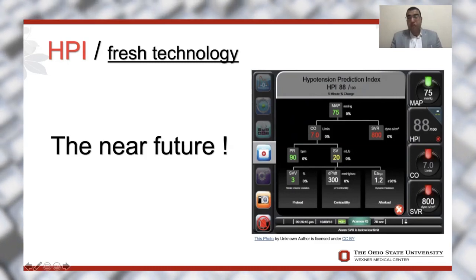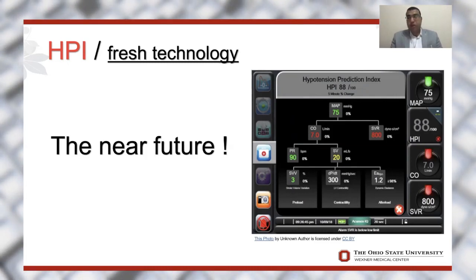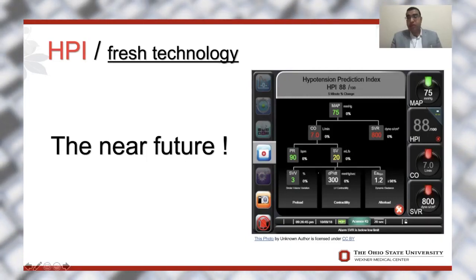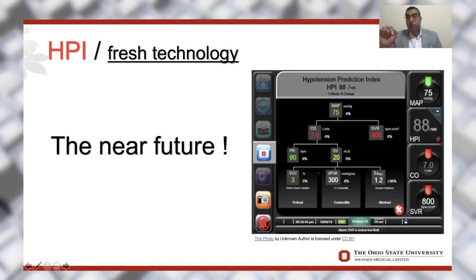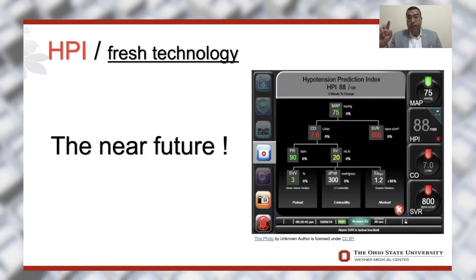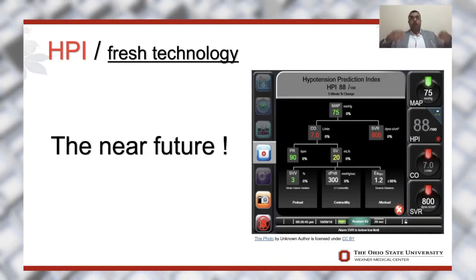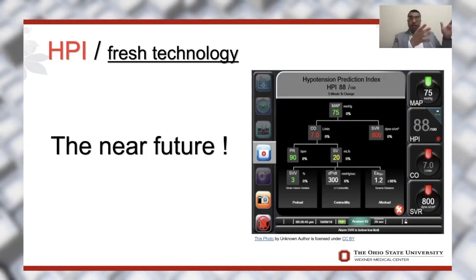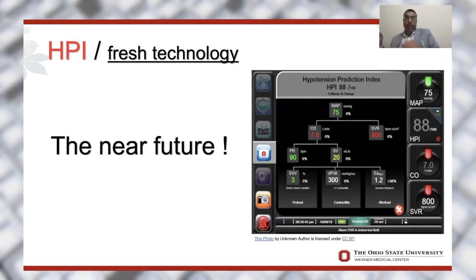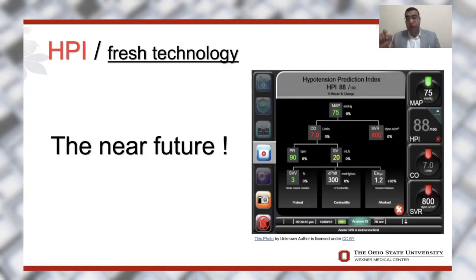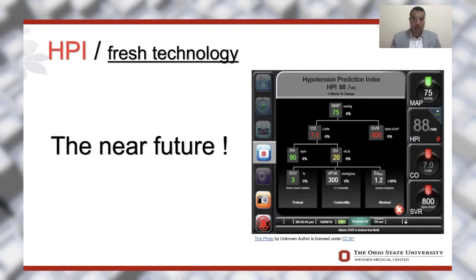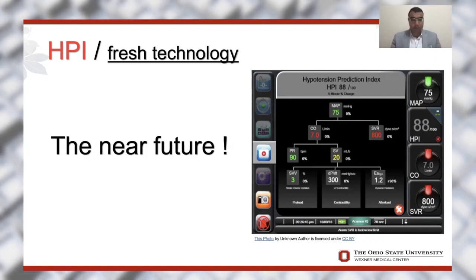This is what's called a secondary screen. This awesome device tells you about every step of the hemodynamics: cardiac output, systemic vascular resistance. So it tells you what you should give: fluids, vasopressors, or inotropes. It carries the anesthetist from the reactive phase, where we react to the hypotension, to the proactive stage. We can predict the hypotension and manage it before the incident. So it's a fresh technology.